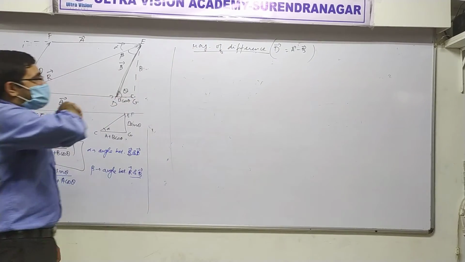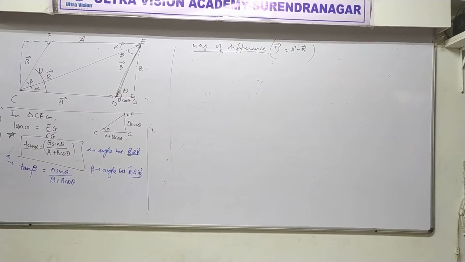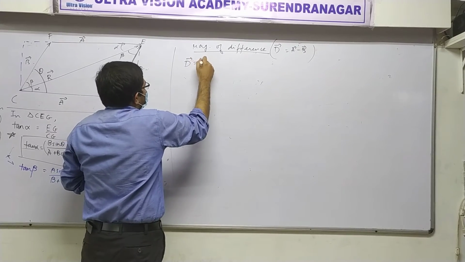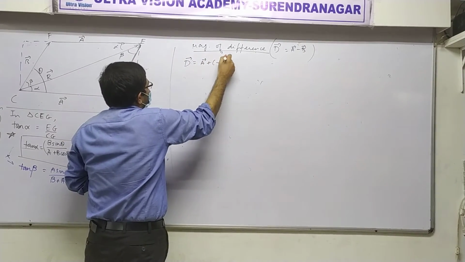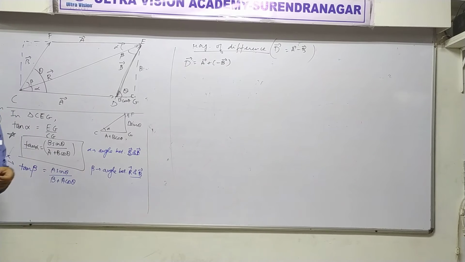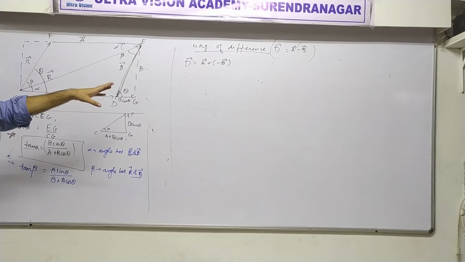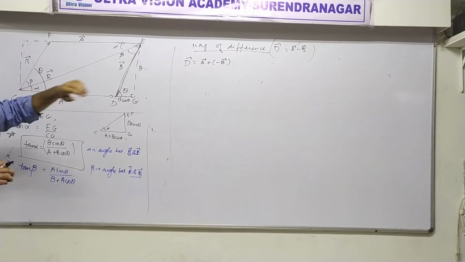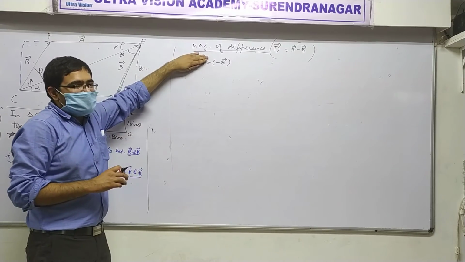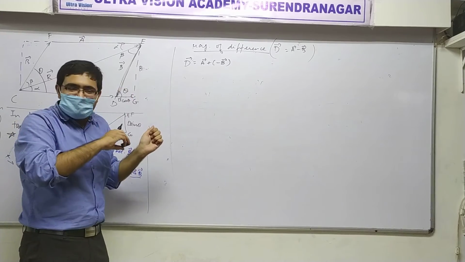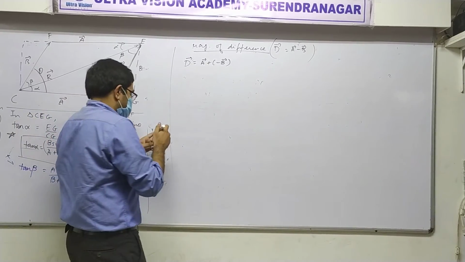To do this derivation, we will use this same diagram, but writing D vector as A vector plus minus B vector. Plus minus B vector means minus B vector. If you remember, we have done it like this earlier. What is the meaning of minus B vector? Opposite to the B vector, correct? So let's draw the diagram.